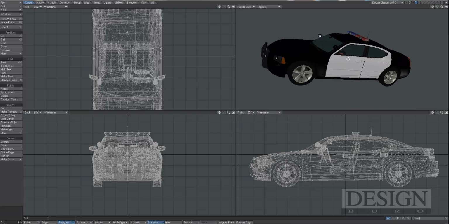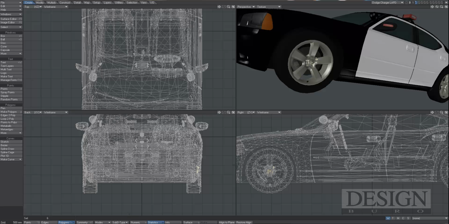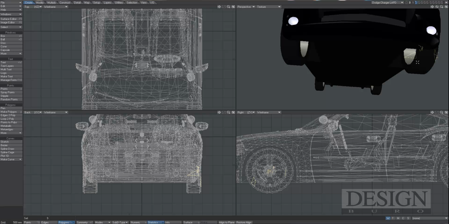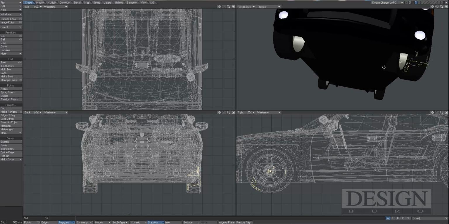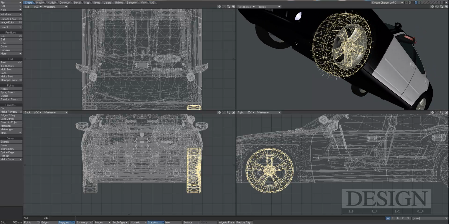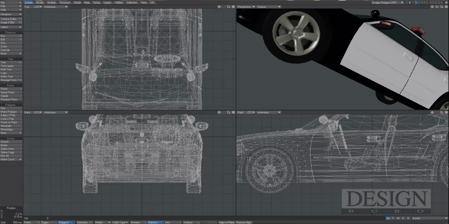Okay, so what we need to do is actually select the wheel. So I'll just move in here a bit, and we're going to select parts of the wheel, all the stuff that needs to move together with the wheel. So I'm just going to select a couple of those points or polygons, and I'm going to press the right bracket key and see if that selected everything, and it didn't. I need one of those as well, and more of that. So what I'm going to do is lasso select